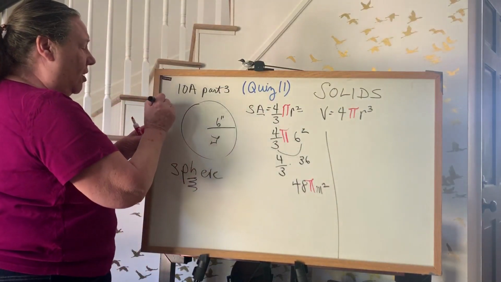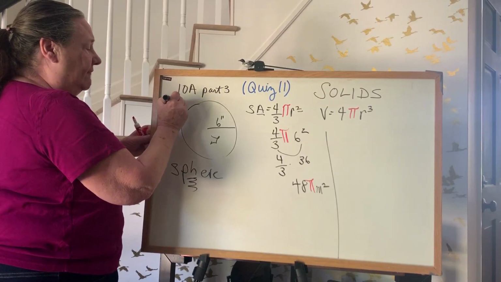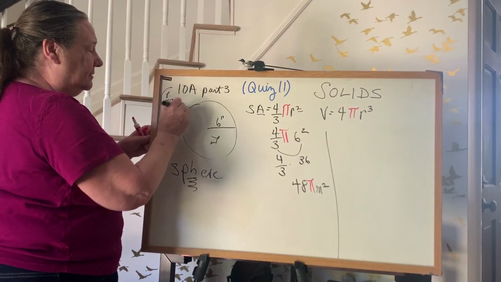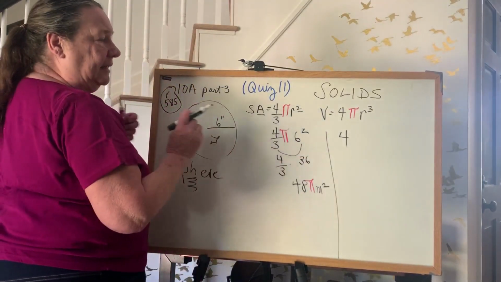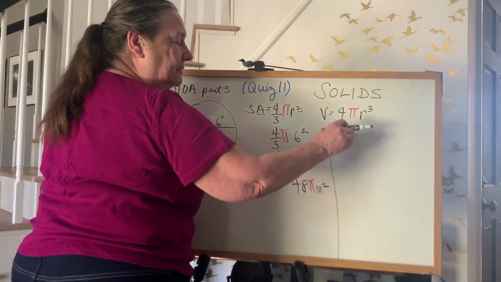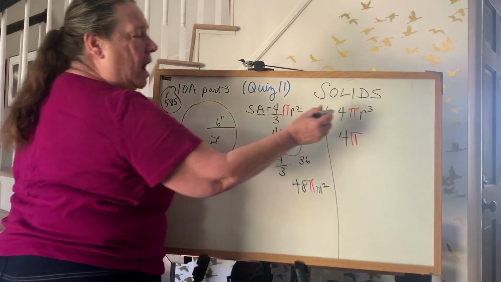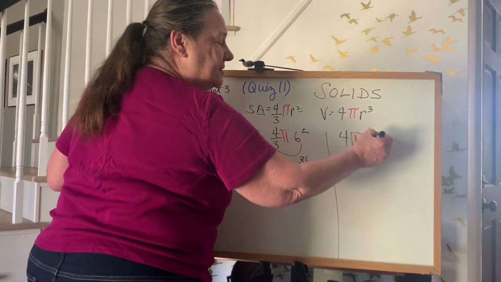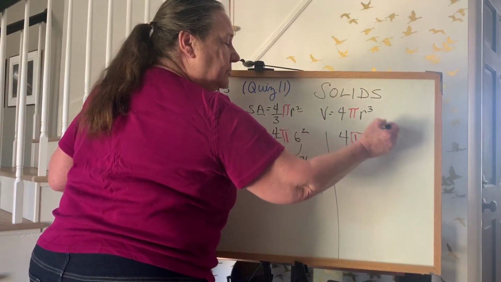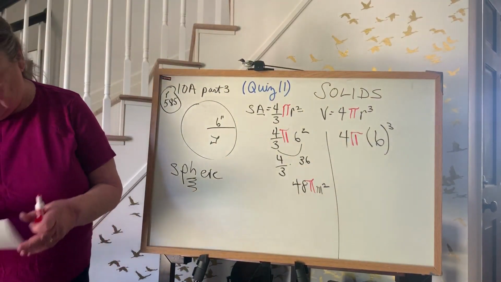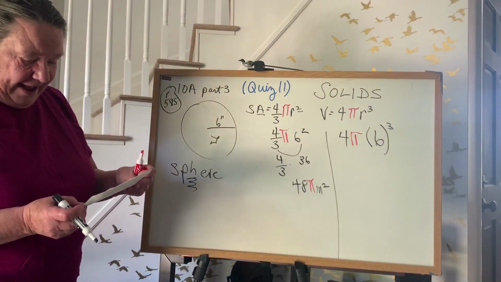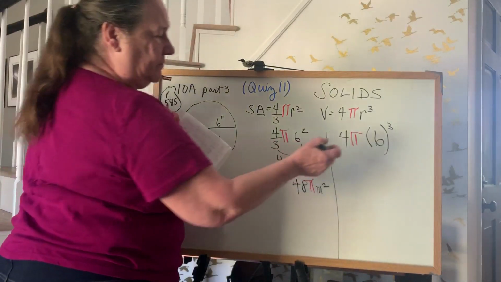Oh, and I'm sorry, all these formulas are on page 585. Okay, so you're going to go 4, leave the pi, don't touch pi, r cubed is 6 cubed. Okay, 6 times 6 times 6 will give you that,